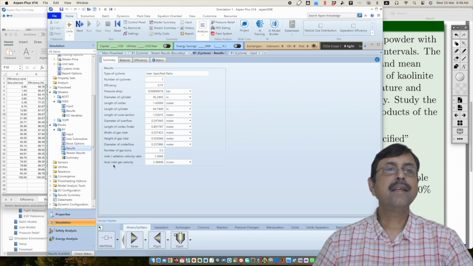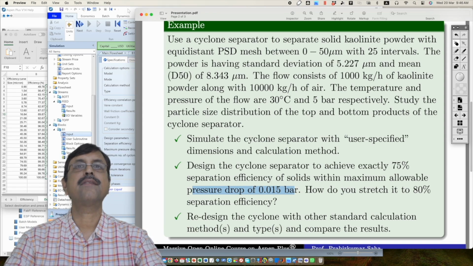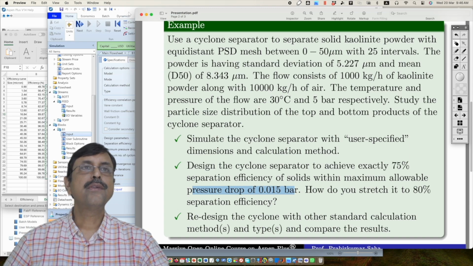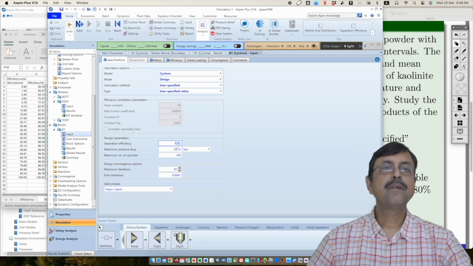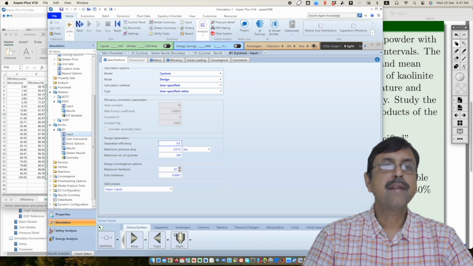And some other things they have calculated, like inlet saltation velocity ratio, axial inlet gas velocity. So all of them they have calculated accordingly. Now they have asked us to stretch it to 80%. So they are saying that we are not happy with 75%. Let us stretch it to 80%. So simply let us design it, or redesign it rather,